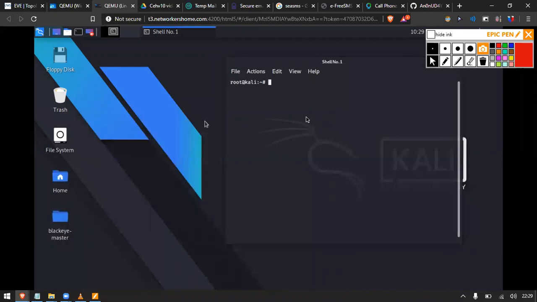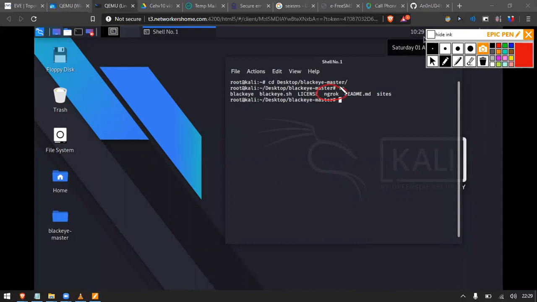So let me go into that folder, which is cd Desktop, and my Black Eye Master. I'm in my website folder, and if I do ls, I have all the things. First, when you install this, ngrok will not be there, but ngrok is right now here. Because if you run it the first time, it will ask you for a link, and your link may not be generated because this Black Eye repository is having some trouble. So you have to basically do what I am doing. The lab manual shows an older version of Black Eye, but this is a newer version. I'll be showing you how to do it.